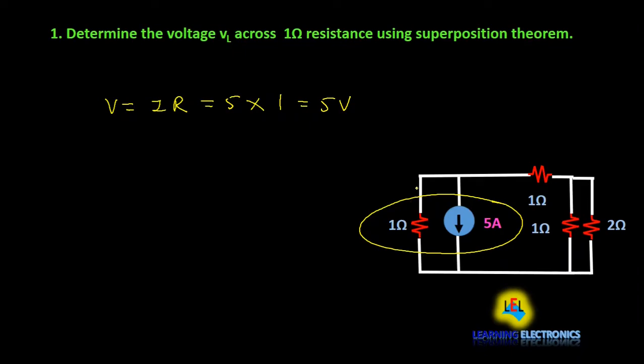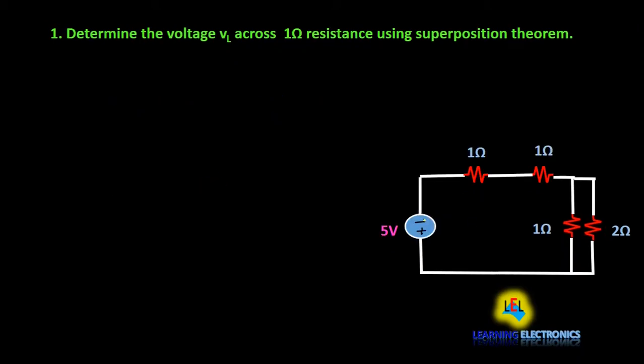Now when we convert the current source into voltage source, we have to keep in mind the arrow present in the symbol of this current source. This arrow head is pointing downwards. That means the plus sign of the voltage source will be downward and the minus sign will be opposite to this plus sign. So this type of current source is converted into this type of voltage source. The circuit will look like this. Minus will be upward and plus will be downward.